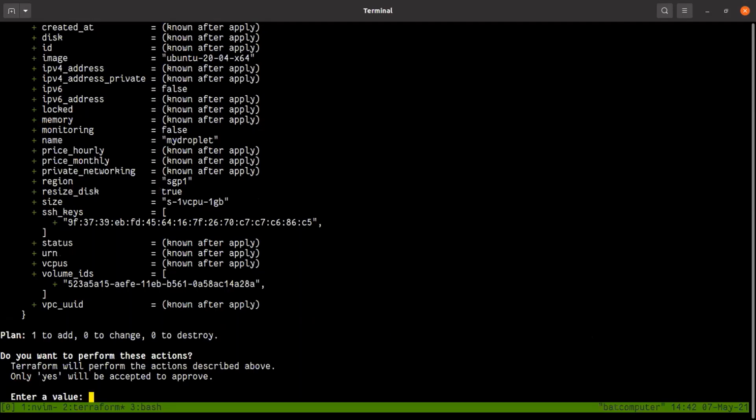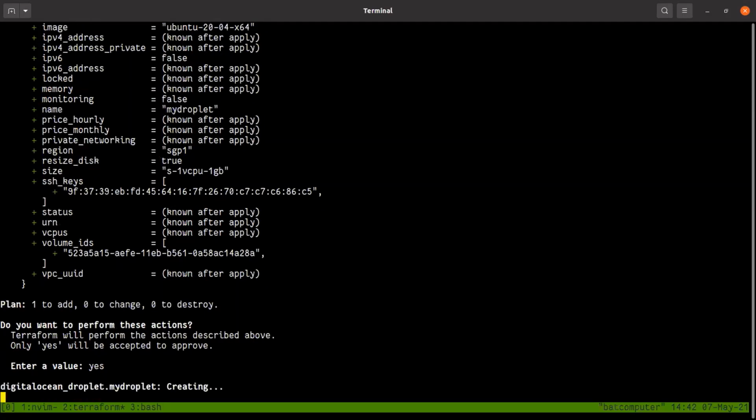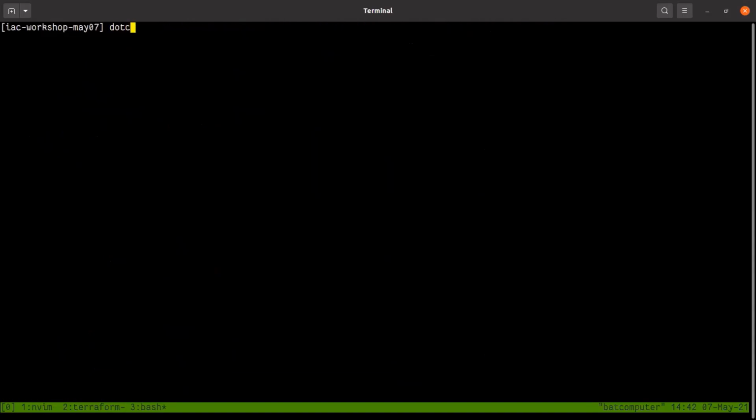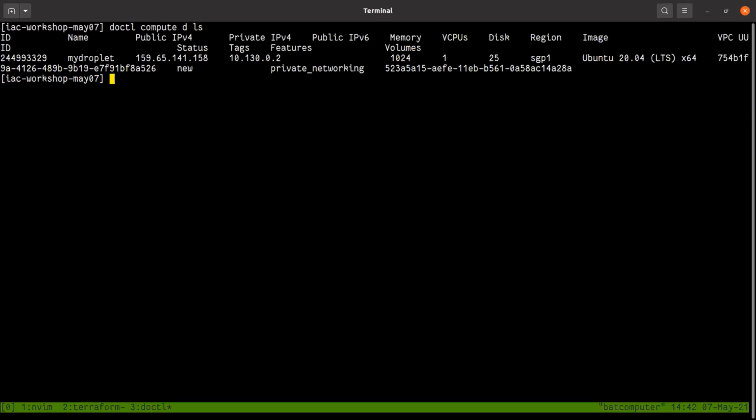So now it is going to provision this. I'll say yes. Okay, so let's look at it. I can go doctl compute droplet list. You'll now notice that it is actually provisioning.